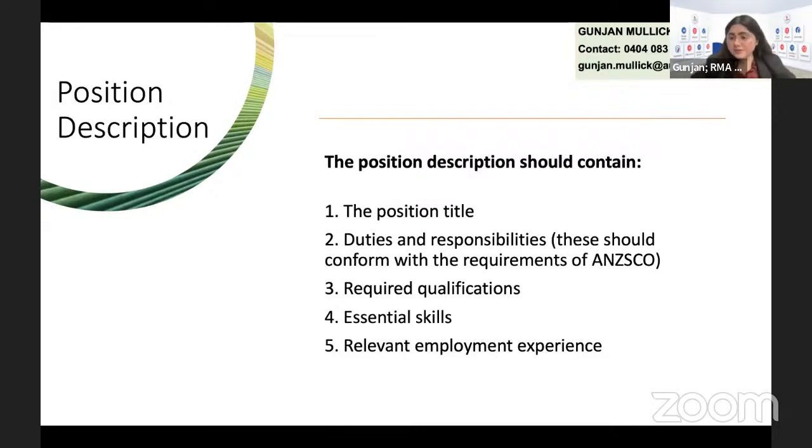Now the position description. These are the nomination documents. For sponsorship, we spoke about the financial documents: profit and loss, business activity statement, lease agreements. Now this is the nomination. Nomination is the labor market testing, the market salary rate, and the position description. The position description is very important. Why? Because the position description shows the jobs, the duties, the roles and responsibilities, what the required qualifications are, and what skills are required for that position. So that is very critical.